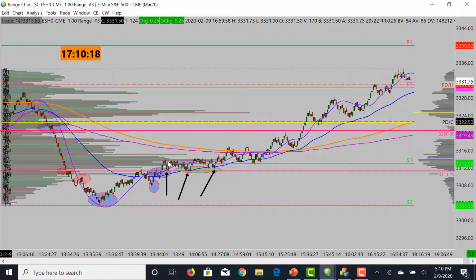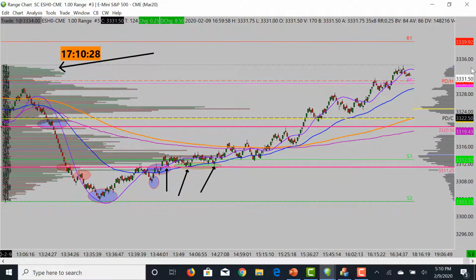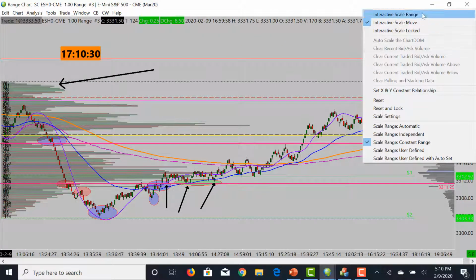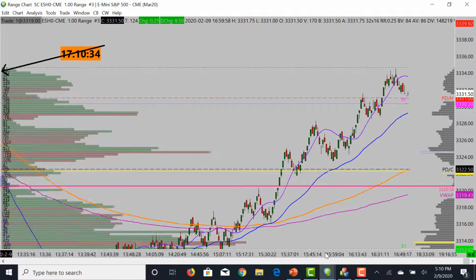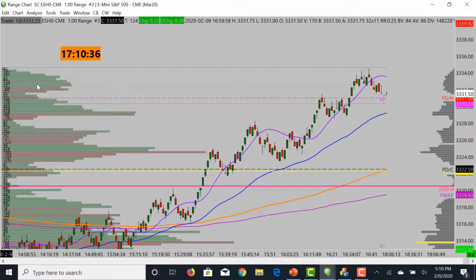So as long as we kept some rules in mind, guys, we definitely had a good trade opportunity to the upside, which is why we see thin volume coming in right over here. Very thin volume cluster right there. Market struggled to break above that area. If I zoom this in just a little bit, guys, you'll be able to see the thin volume cluster right here. Market struggled right here at this level of maybe about